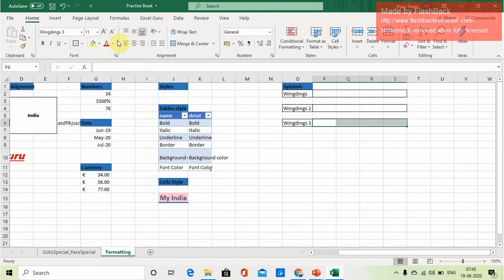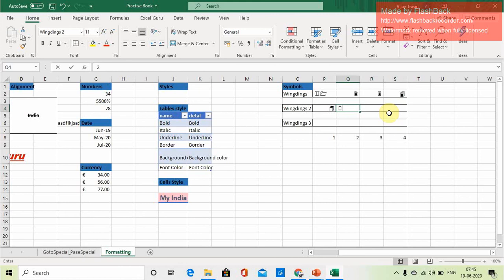Some simple values I'm writing in all the cells, and see the difference. 1 2 3 4 5 I'm writing in every category. I write 1, and you see what is coming. See, these symbols are coming.